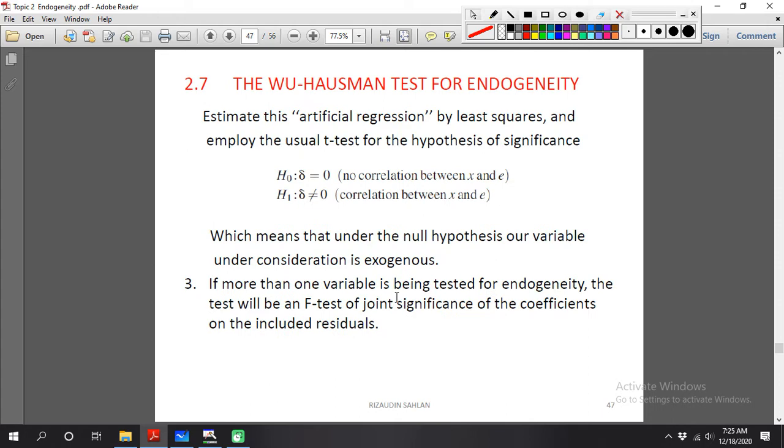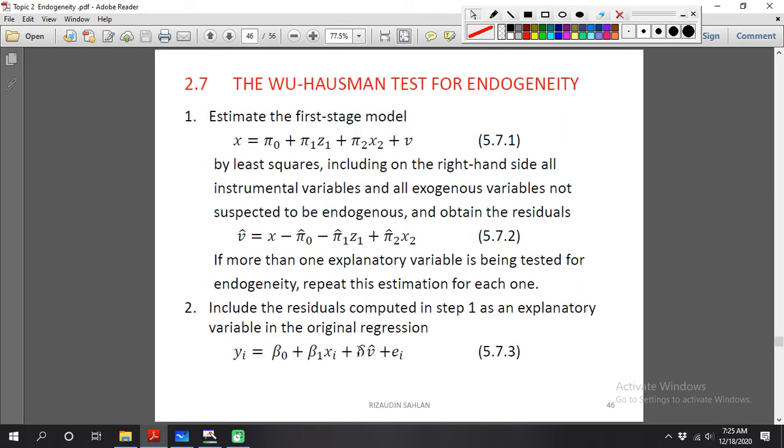Then look at the t statistic for the residual, referred to as delta, and see whether the t test is significant or not.